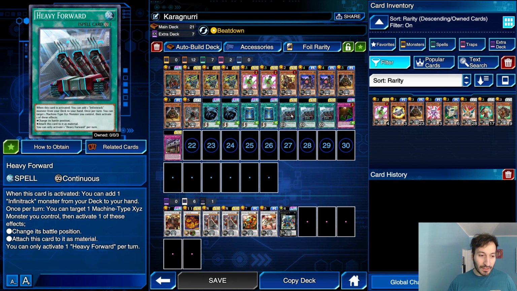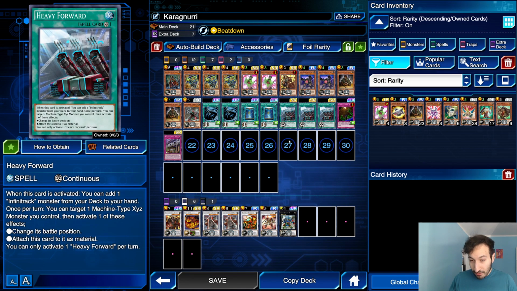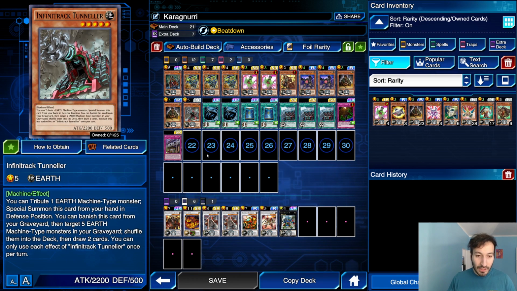And Heavy Forward, when this card is activated, you can add an Infinitrack monster from your deck to your hand. The other effect is not really relevant. You can attach it to an Xyz monster you control. We only play the Jäger and the X. Not gonna come up, but this gives you extra consistency, so we basically have 6 Anchor Drill, and if you have the Anchor Drill and the Heavy Forward, you can use the Heavy Forward to get the Tunneler, which extends